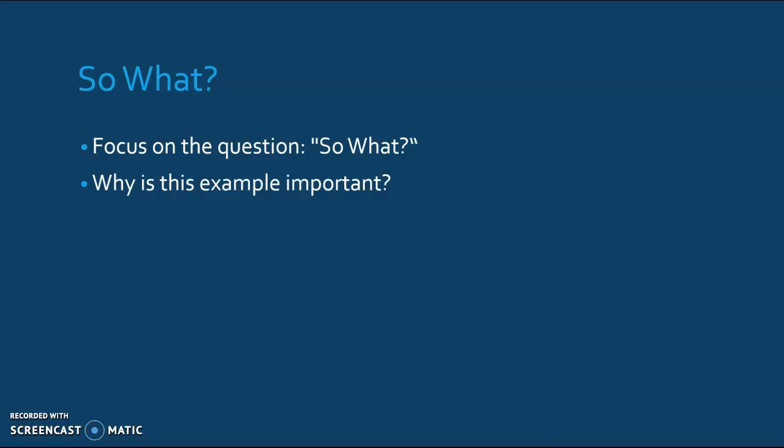So the first thing you want to consider is making sure you ask the so what question, which we have talked about before. That would be the question, why is this in here? Why is this example important? As soon as you provide an example, make sure that you explain in context how it's important. What does it provide for us? How is this